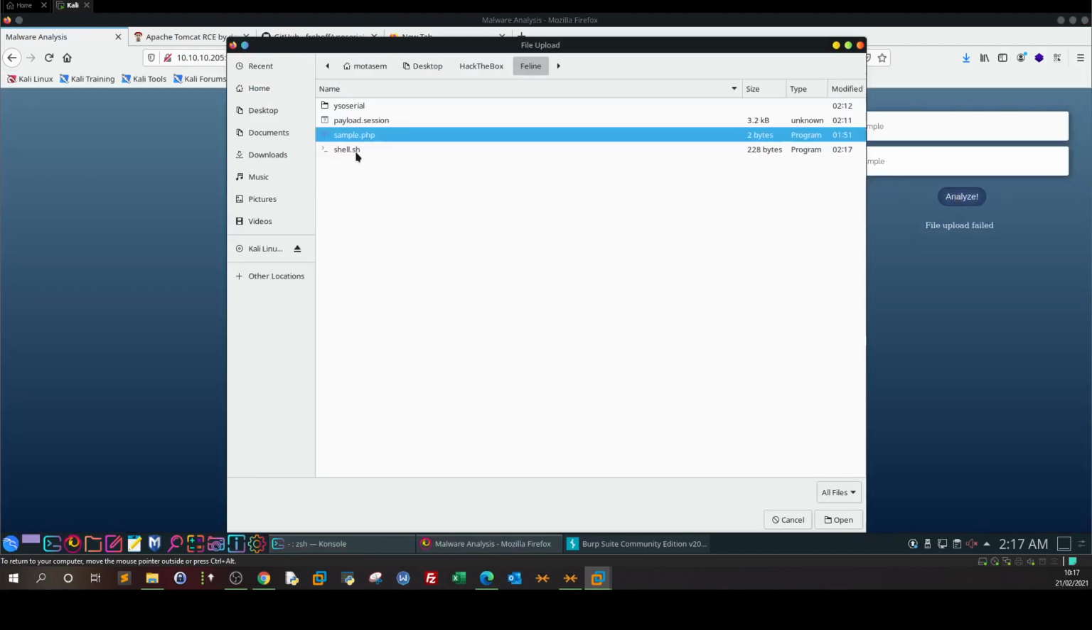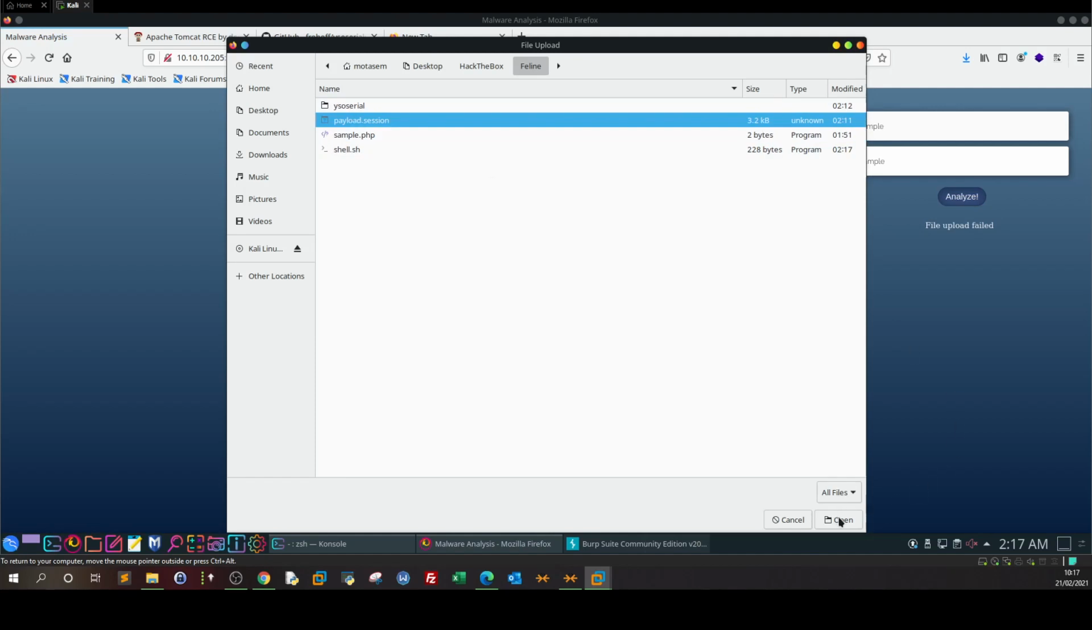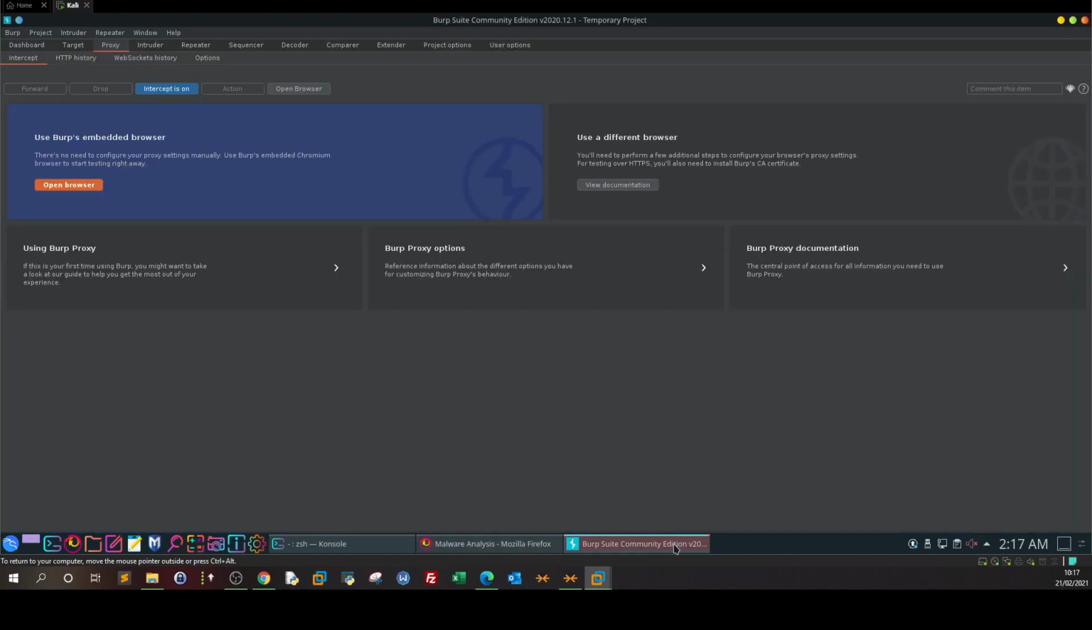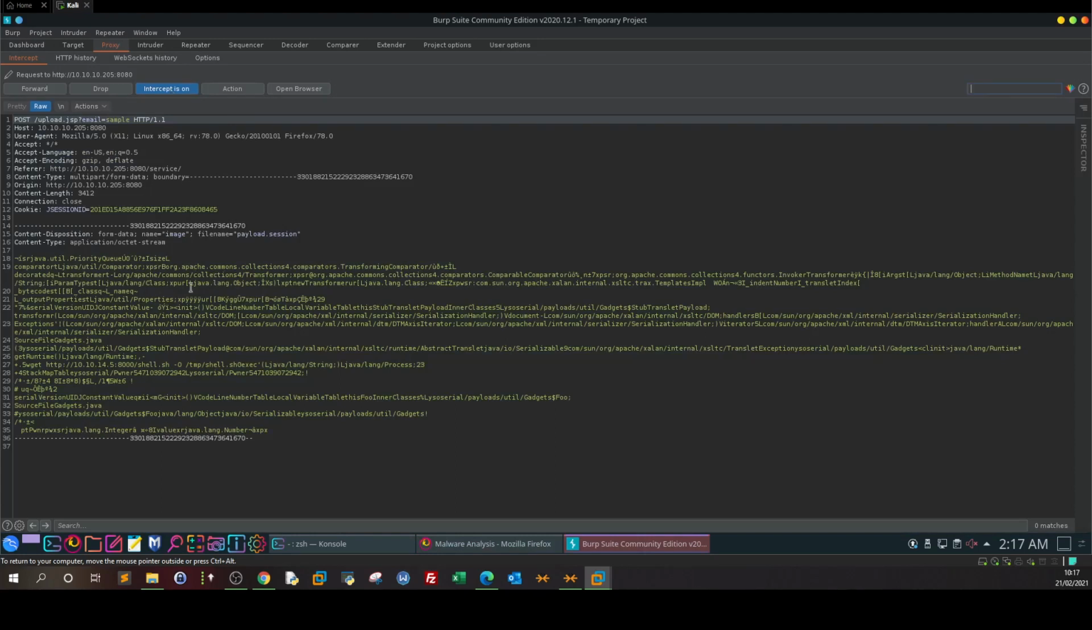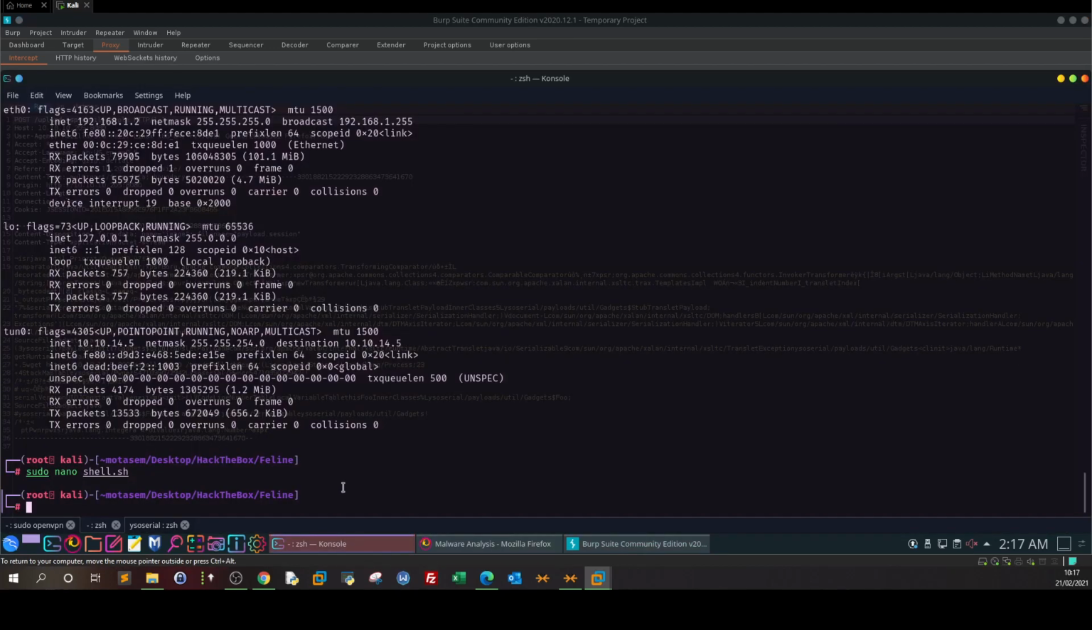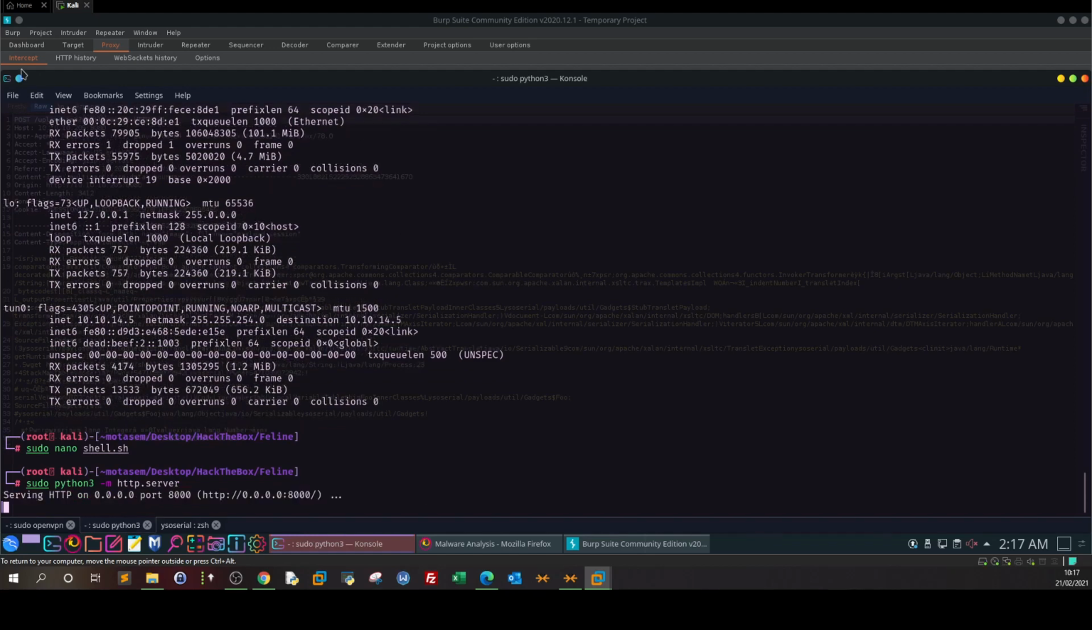Sample payload session. Intercept is ready. Analyze. Let's see. So this is the content of the payload. Now this is the JS session ID, right? Now let's first launch the Python web server. And on the left,